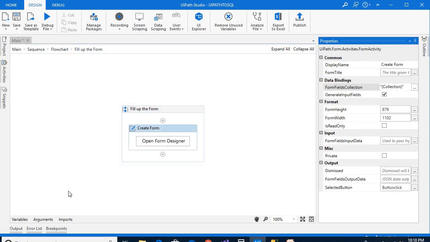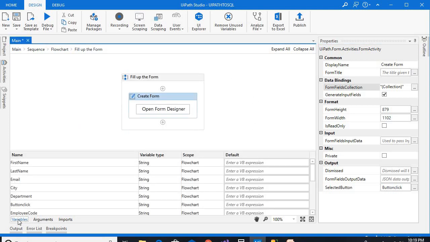Now in this form I have given some input tags like first name, last name, email ID, city, department and employee code. I need to declare all these variables in the variable panel.